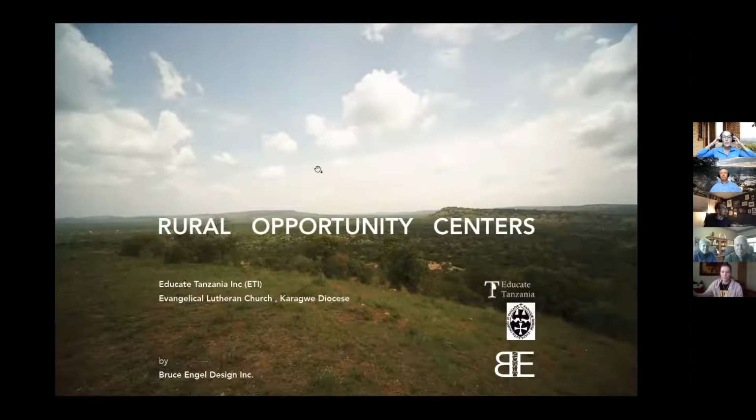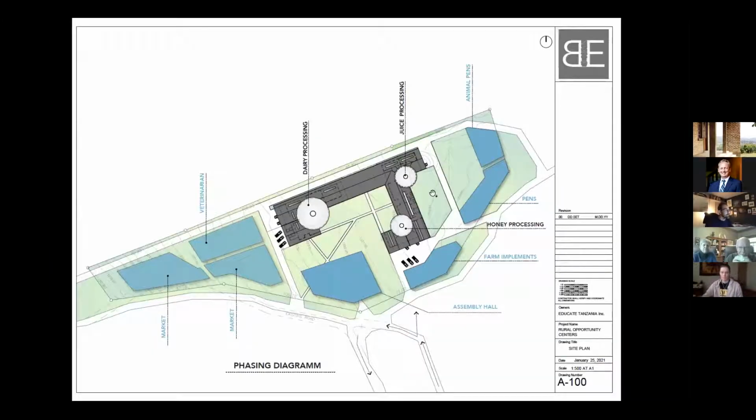So I'll start a screen share here, and let me know if you can see things. You're good. Yeah, okay. Can you see my cursor too, the little hand moving around? Yes. Okay, great. That'll be helpful to help describe things. Let's see here. No? Okay, there we go. Hold on, I'm gonna just do one thing. Okay,